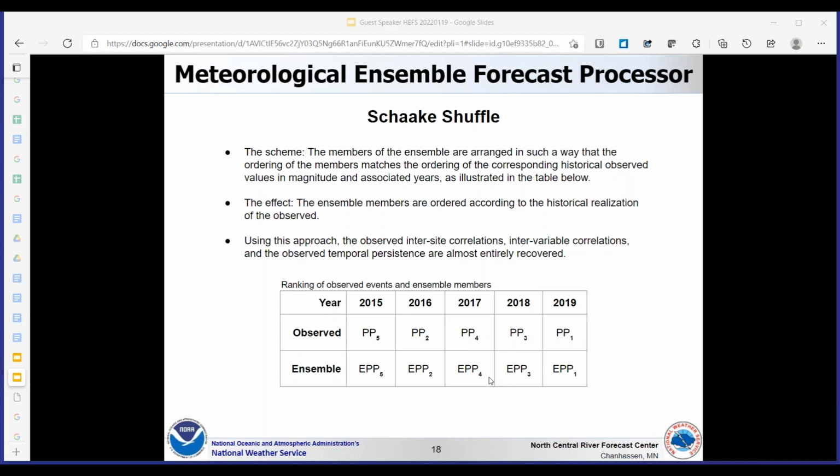So essentially, the way that we're creating time series that make sense spatially and make sense relative to each other, precip and temperature, is that we're using patterns of precipitation and temperature that have occurred in the past to maintain those temporal and spatial realistic patterns.